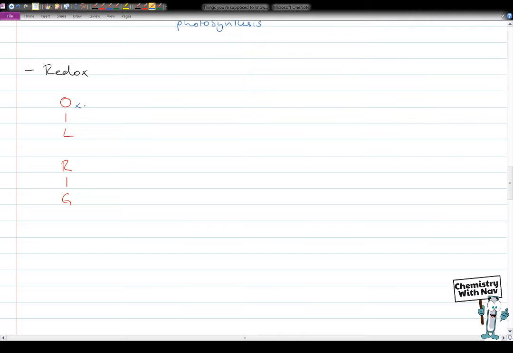So let's just write that in. So that's something that we learn from GCSE because of electrolysis, and we're looking to see whether something is oxidized or reduced. But now, when you have oxidation numbers or oxidation states, we can actually have a slightly simpler explanation as well,